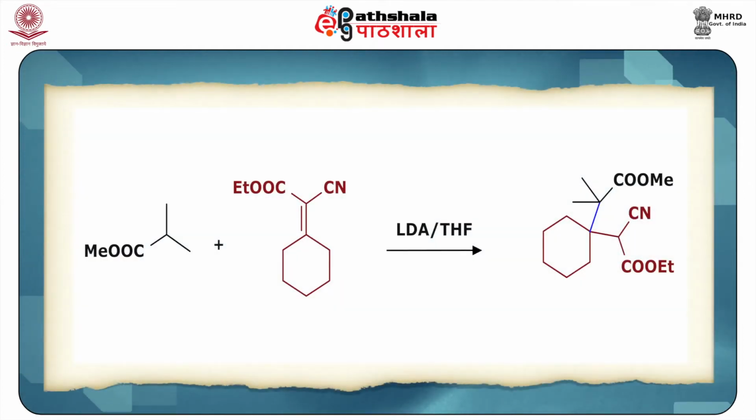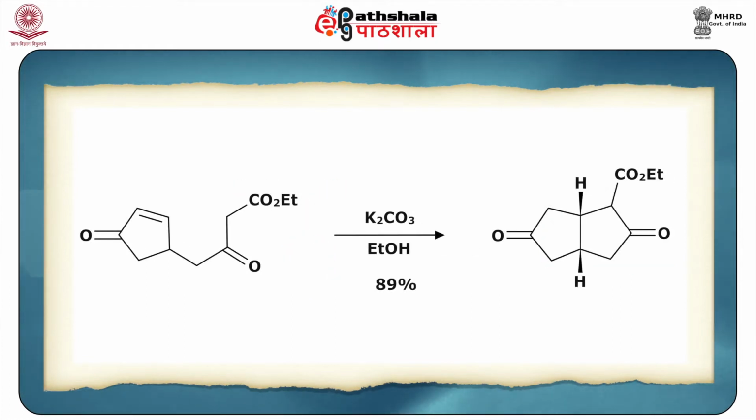With beta-beta disubstituted acceptors, the rate of reaction is quite slow due to increased steric hindrance. As you can see in this particular example, with doubly activated acceptors, that is having two strong electron withdrawing substituents, this will not be such a problem. And here you can see that this alkene is having substituents on both sides, and it will stop the further polymerization and further attack. When both the Michael donor as well as the acceptor groups are located within the same molecule,